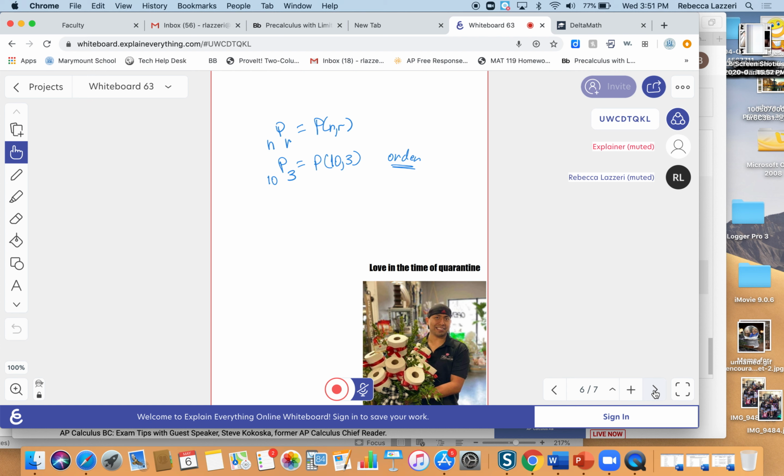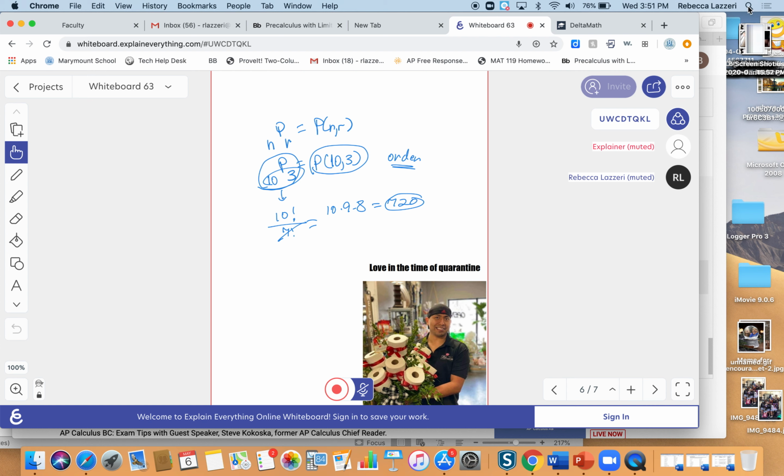Okay, so this one, we see this notation mostly in our book, but you might see this in other places. If I use this notation, either one means to go 10 factorial, and then 10 minus 3, which is 7 factorial. And it'll count all the different orders that you can get. And then you can multiply this out. This looks like it's going to be 720. And so it's a whole lot better than listing them all out and counting them.